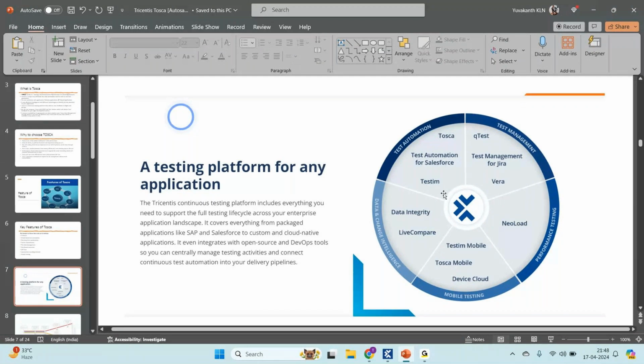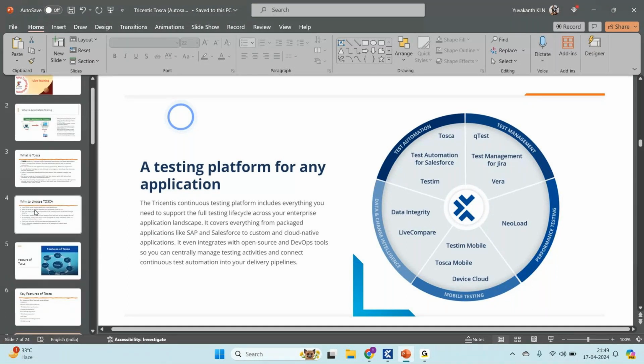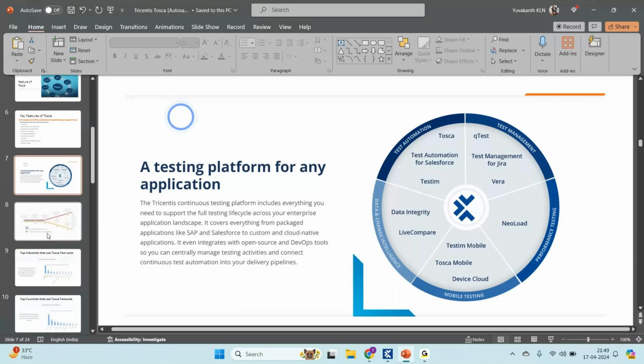Even if you have to purchase Tricentis, if you get one license, you can have all the features and you can use them. Okay, so that is why everyone is slowly shifting to Tosca. So that is a brief introduction of what is Tosca and what all is happening in Tosca. Yes, we will learn a few more things about it. But coming to our